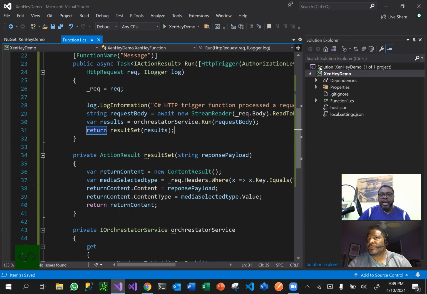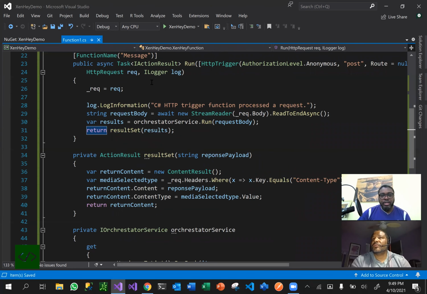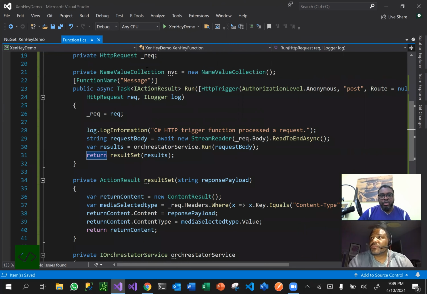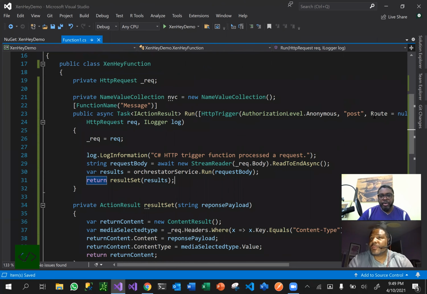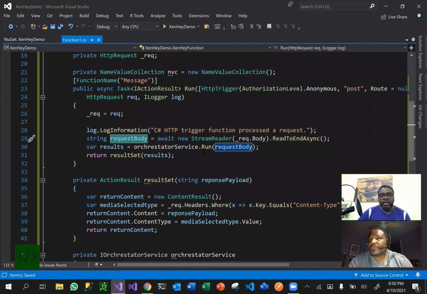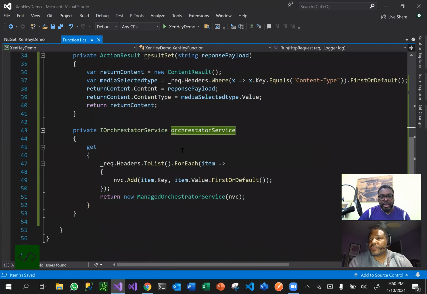So right now, what's happening is, if I can just close this and move this down, someone is going to call this service via post. The service name is going to be called message. Right. Some logging happens, of course. And then whatever the body of the message that was called gets converted back into a string. Okay. Then we call the orchestration service,